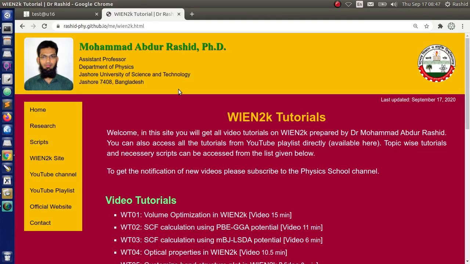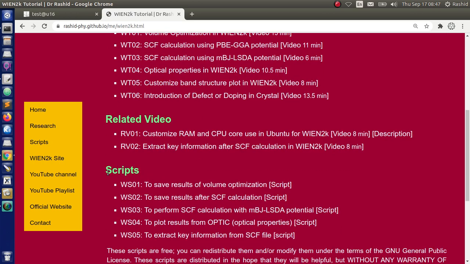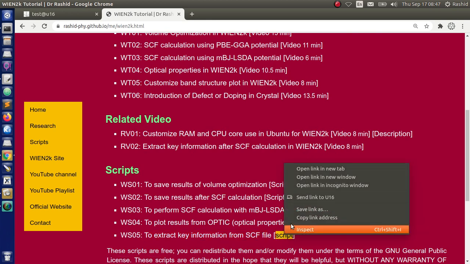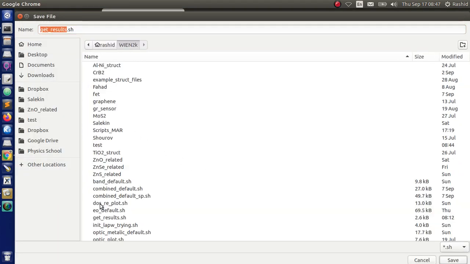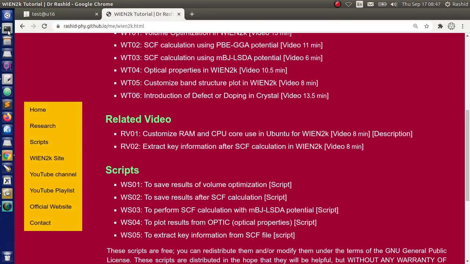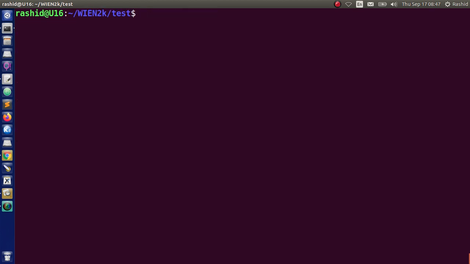You will get the link to my website in the description box of the video, and if you go to the script section, you will find the script to extract key information from the SCF file. You need to save this script. I shall save this in the Win2K folder. Since I have this script already, I will not save it. Now from the terminal, I need to make it executable. Now if I run the script,